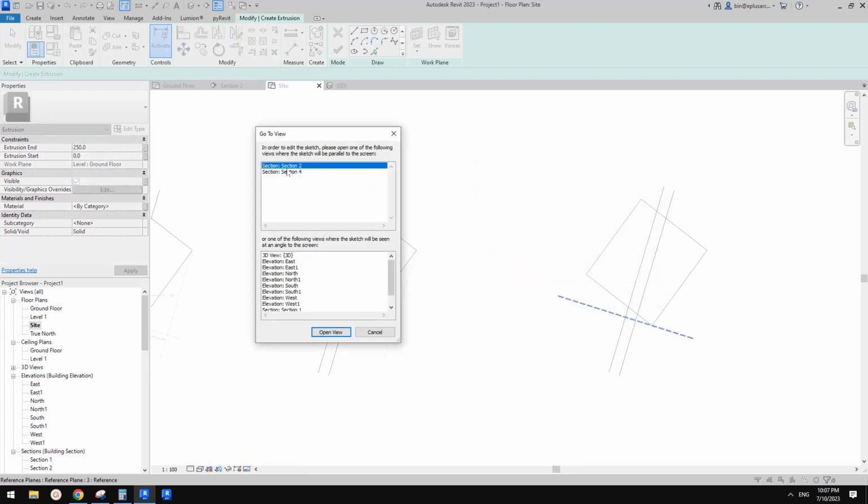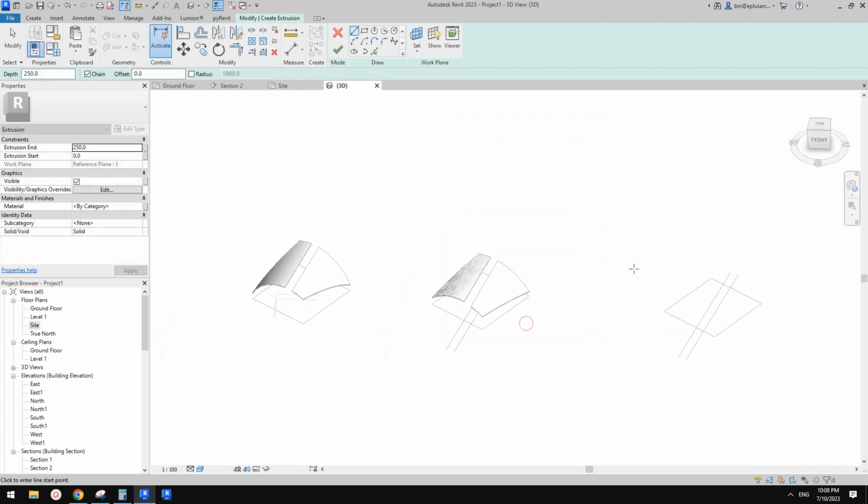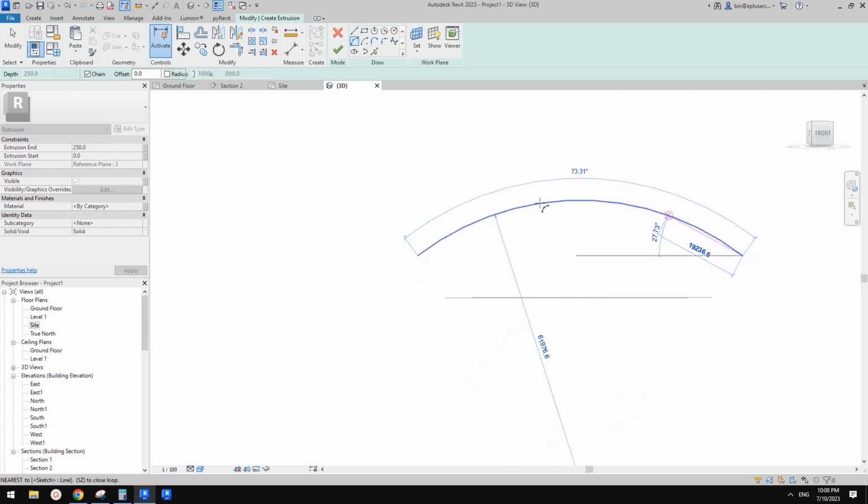So now we can go to section 2, actually section 4 is here, so we copied from that. So actually let's just use 3D view. Okay, so in 3D view, it's a little bit tricky here, but we can just roughly do it. Okay, so let's just draw similar to the roof by extrusion, but remember, if you're doing